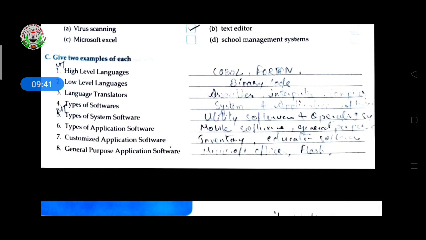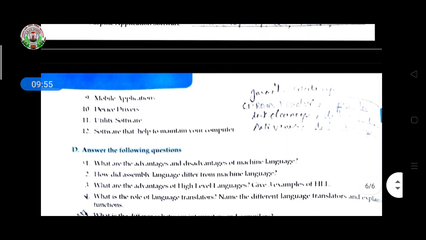General purpose application software: Microsoft Office, Flash. Mobile application: Gmail, WhatsApp, Facebook. Device driver: CD-ROM reader, printer. Then utility software: disk cleanup, disk management, software that helps to maintain your computer, antivirus, then disk cleanup. This cleanup is the answer.